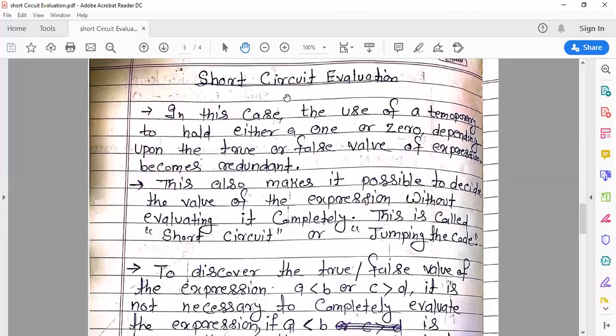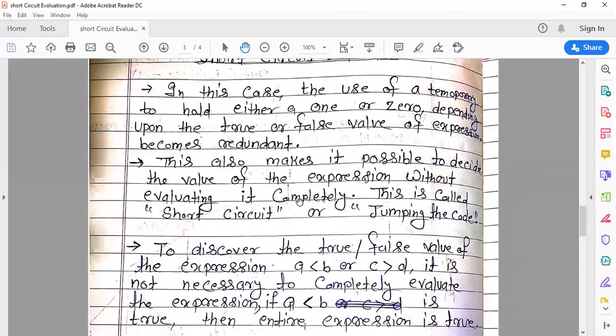So in the short circuit evaluation, we need not use the temporary variables. Like before, we used T1 is equal to 0 and T2 is equal to 1. These are the temporary variables, but in the short circuit code, we do not use them. So this is one advantage. The second advantage is that before, we had to evaluate every relational operator, like p less than q, m less than n.